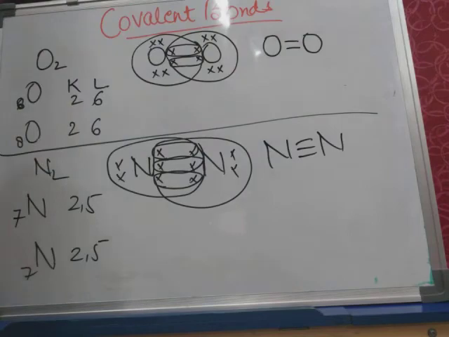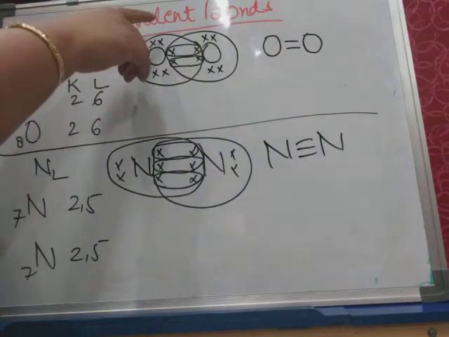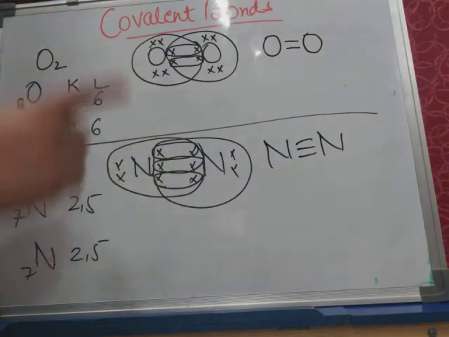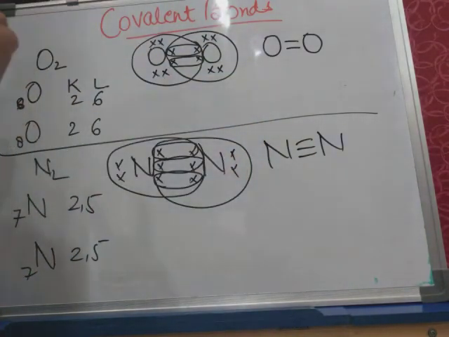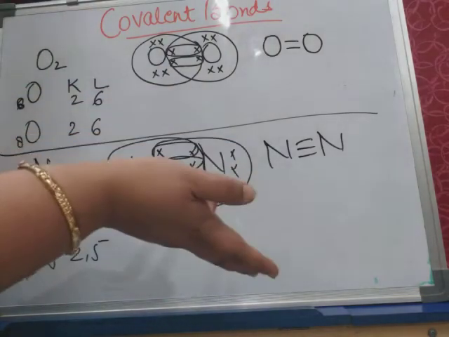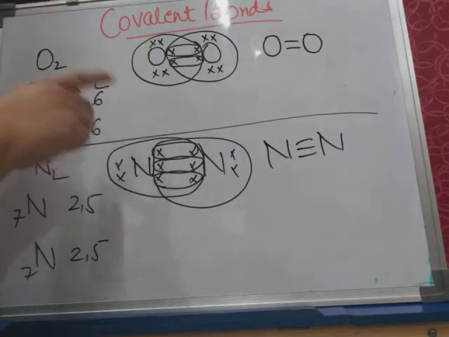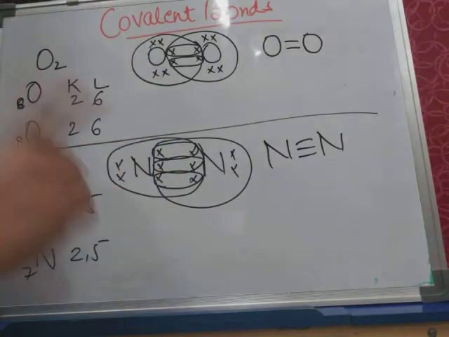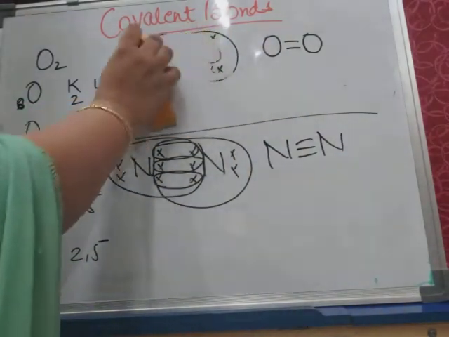So this is how the bonds are formed between two non-metal atoms. See, both of these are non-metal atoms, and the bonds which are formed between non-metal atoms are always covalent bonds. Ionic bonds are always formed when there is one metal atom and the other is a non-metal atom, because one has to lose an electron and the other can gain an electron. Here sharing of electrons takes place, and sharing is always done between two or more non-metal atoms. Remember this thing. Now we'll take the example of water.